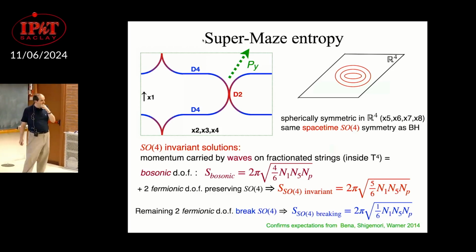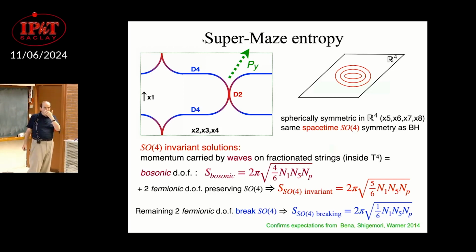Yes, Emil. So to get this counting, you need of order N1, N5 of these intersections to be populating the T4. Yes. So that's a very tiny sub-Planckian packing of the stuff on the T4. If you ignore back reaction, it seems like a geometrical description would be impossible. I'll come to that in 2 slides.